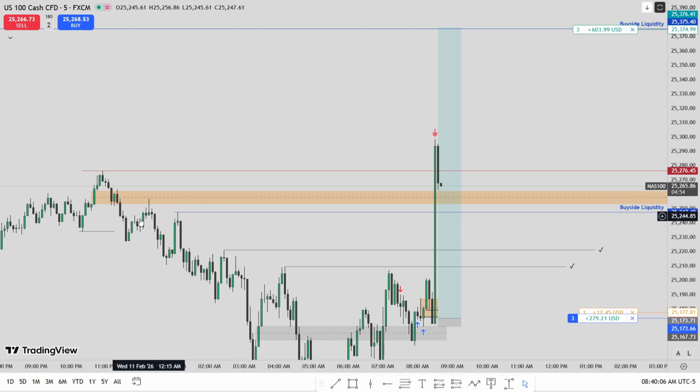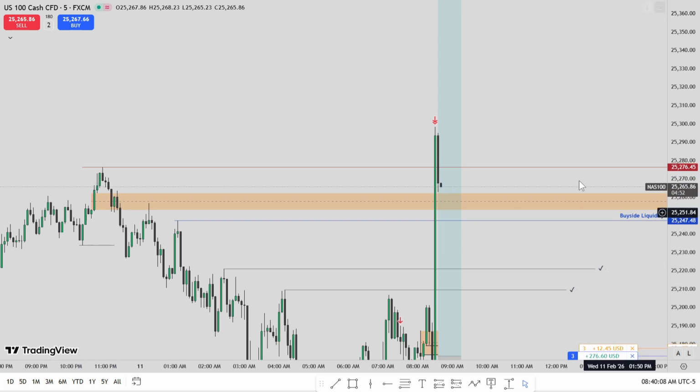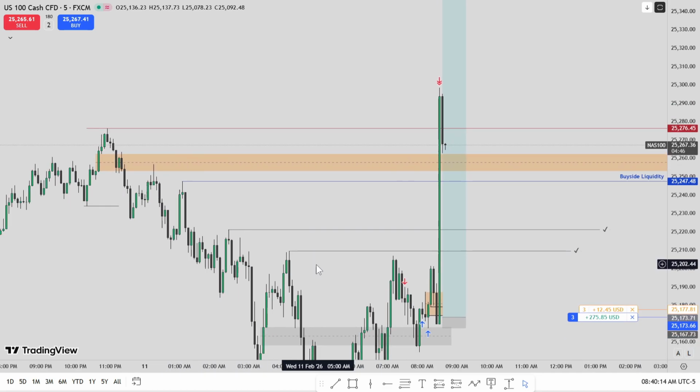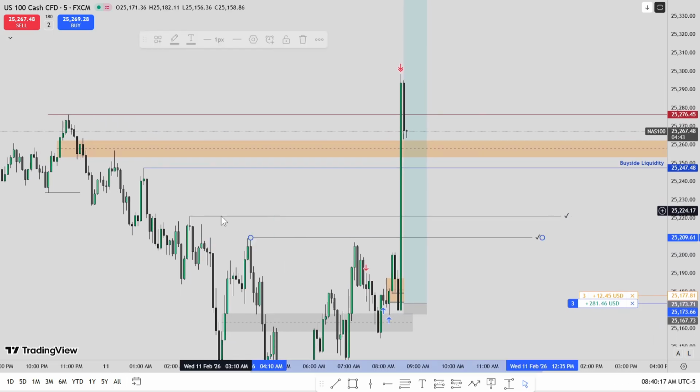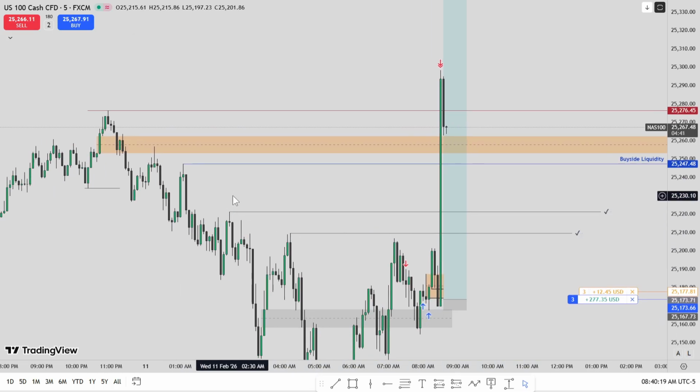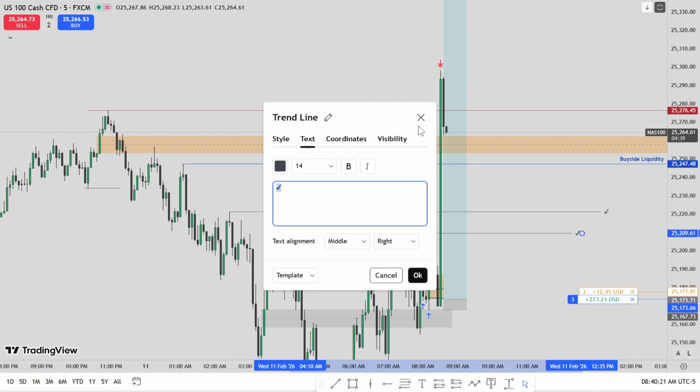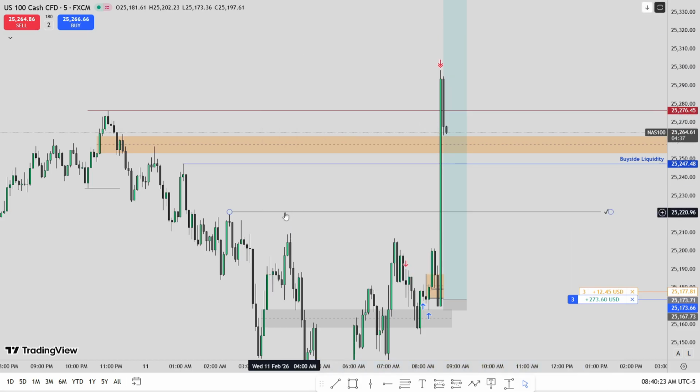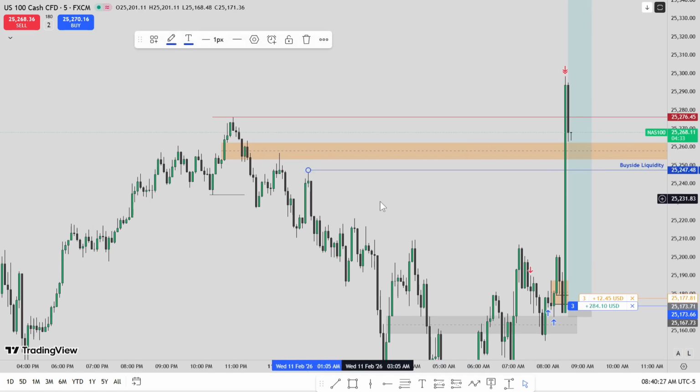All right. Here is the IFVG. Good to see. Here's the IFVG above these buy side liquidity pools, and then we had these minor buy side liquidity pools here as well. These are all low risk liquidity runs. All right, I'm gonna take these off for a moment.